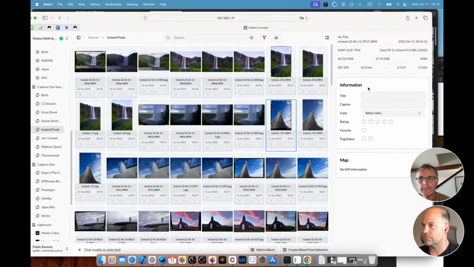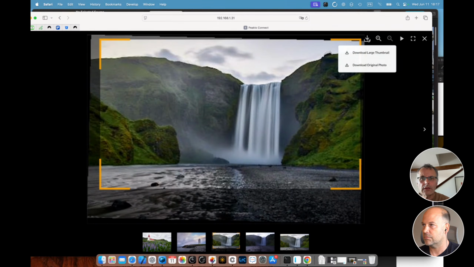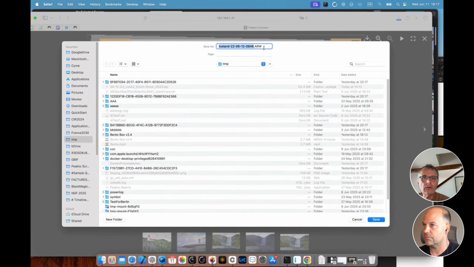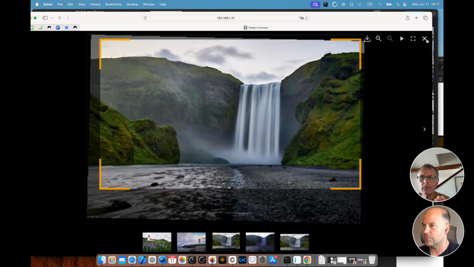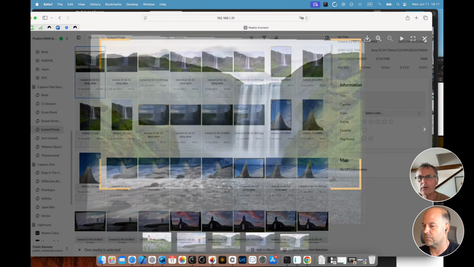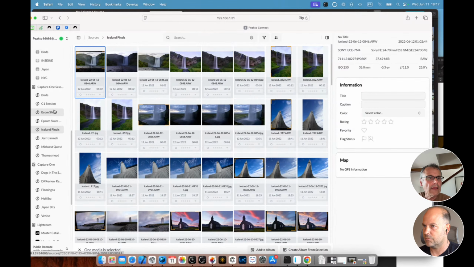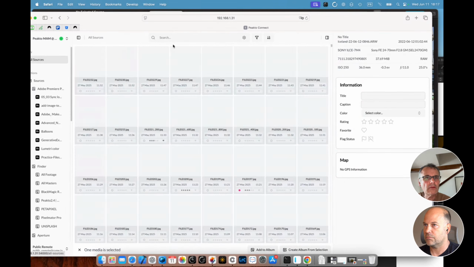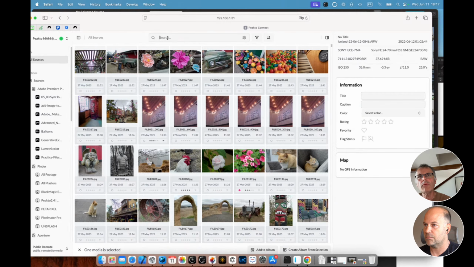I can annotate. It's very limited for now, and I can also view the image. I can download it. So I can download the original photo. In that case, it would download this ARW file that you shared. So from a remote location I can access the thing, and let's go back to all sources. I can run the same type of search as I was running before. So for example, if I look for the Japanese cook,